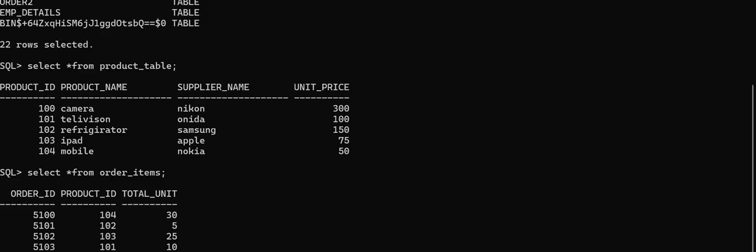Order items table o, comma, product table p. What is the condition? Where